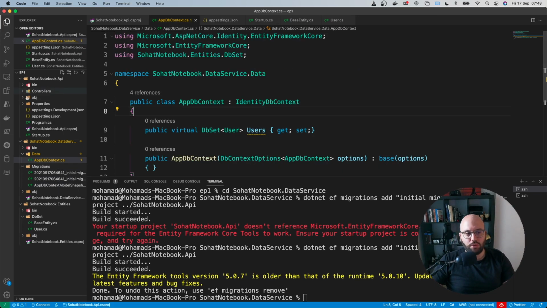So now with all of this, we still don't see the database. How can we open the database, or how can we actually generate the database? It's very easy. We need to go dotnet ef database update, and similar to what we did before, we need to specify the startup class, and we need to make it